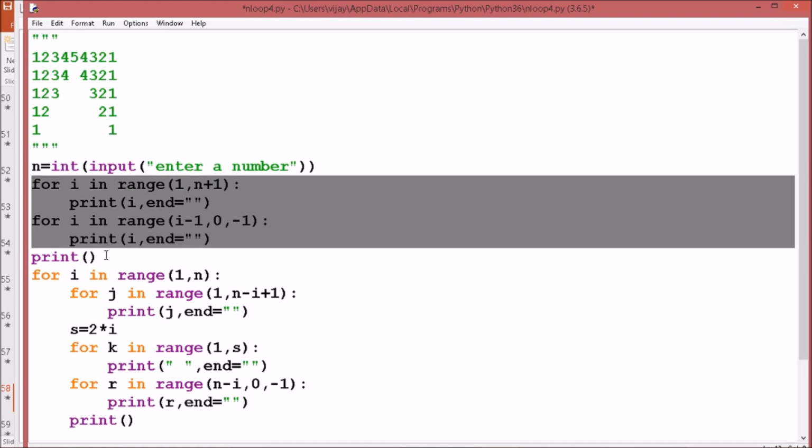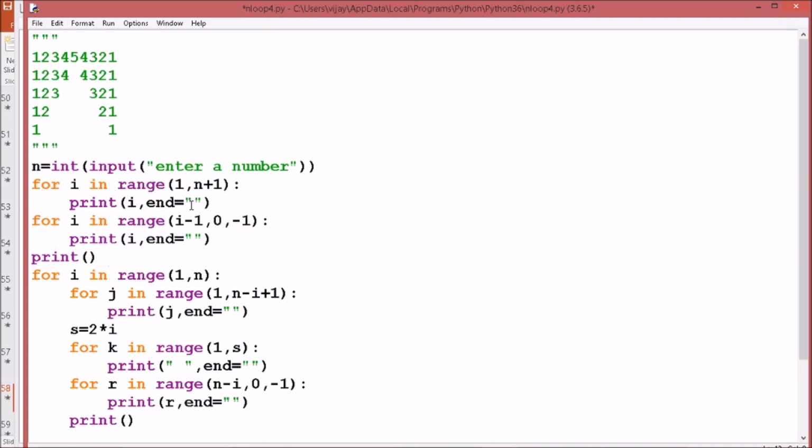Then we'll move to the next line. We are writing end equal to double quotes, just to print within the same line. If you want to move to the next line, you just write an empty print. Then actually the loop starts. The first line will be printed using this, and the rest of the repetition will be for line number 2 to the last line. For each iteration of i from 1 to n, the j loop will put the values 1 to 4. So n minus i plus 1 will be the criteria for printing the value of j.